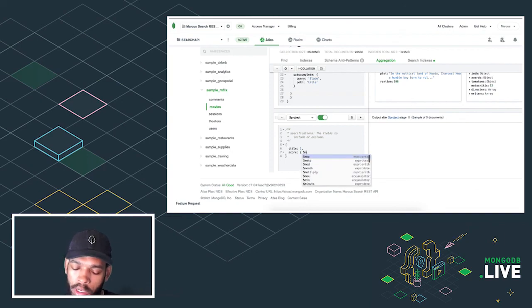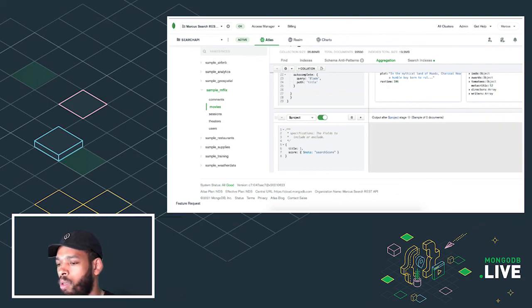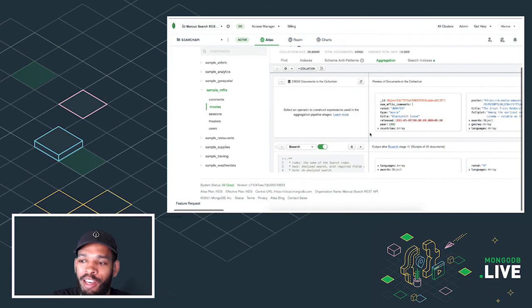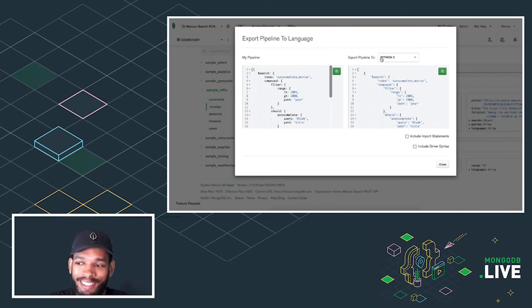This is the score generated by Lucene. And there you have it. That's how you build with search and MongoDB Atlas Search. And if you need to put it in your application, you can export it right from the aggregation builder.